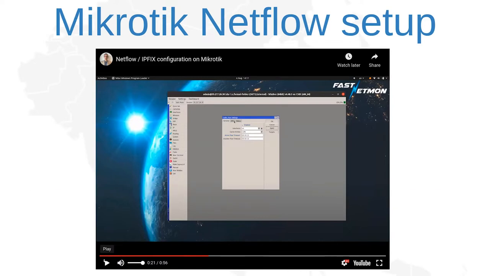So instead, we set it to 15 seconds, which is a great compromise between impact on the router itself, because again, if we set it to like 1 second, it will generate lots of packets from the router to FastNetMon. But 15 seconds is something in between. It offers quite fast detection time, and at the same time, it doesn't overload routers so much,